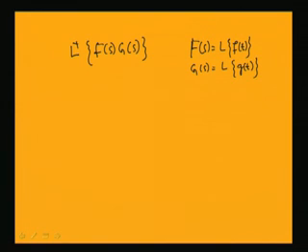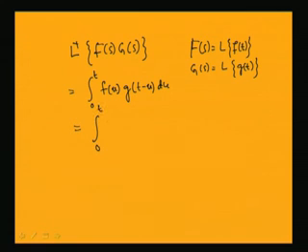If you want to find the inverse Laplace of F(s)G(s), that is a multiplication of these two terms, you can apply the convolution theorem. We state that the inverse Laplace of F(s)G(s) will be equal to the integral from 0 to t of f(u) g(t minus u) du, or you can write the same thing as the integral from 0 to t of f(t minus u) g(u) du. So, when you have a product of two terms, you can use this convolution theorem.